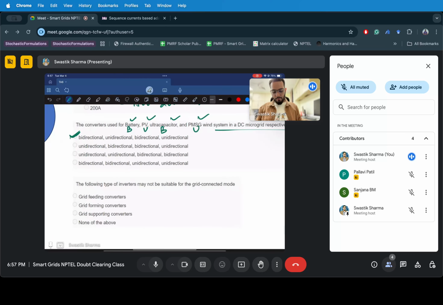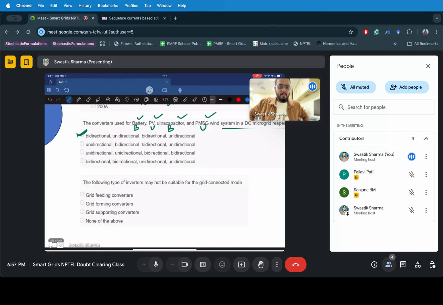Next, the following type of inverters may not be suitable for the grid connected mode. So grid feeding converters, they are suitable because they require a voltage frequency set point or a reference. Grid forming converters cannot be used because what they do,